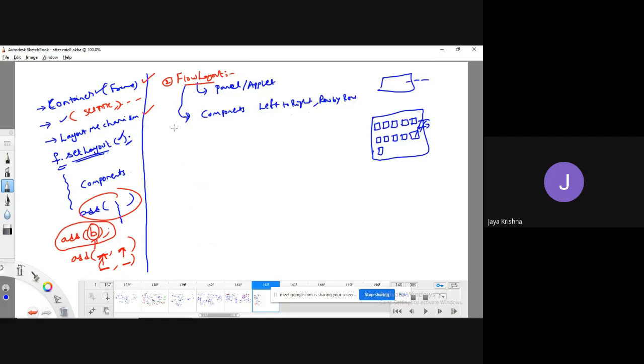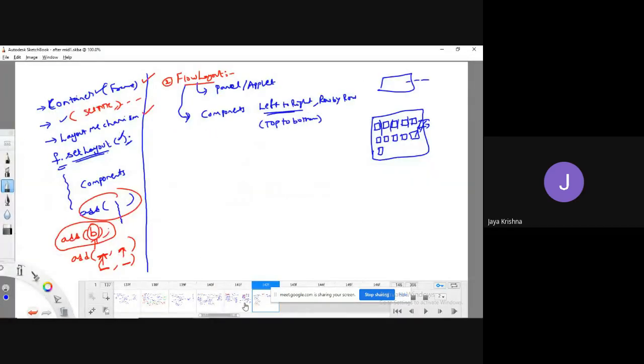Okay, now fine. So that arrangement can be either from left to right or top to bottom also. That depends upon the implementation. But the default is left to right. You can take top to bottom also. If you wish to specify the gap between the various kinds of components, then you can specify here also.